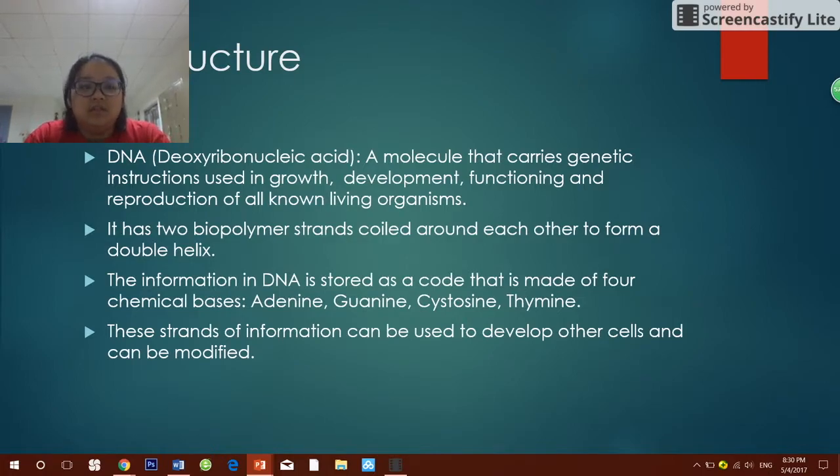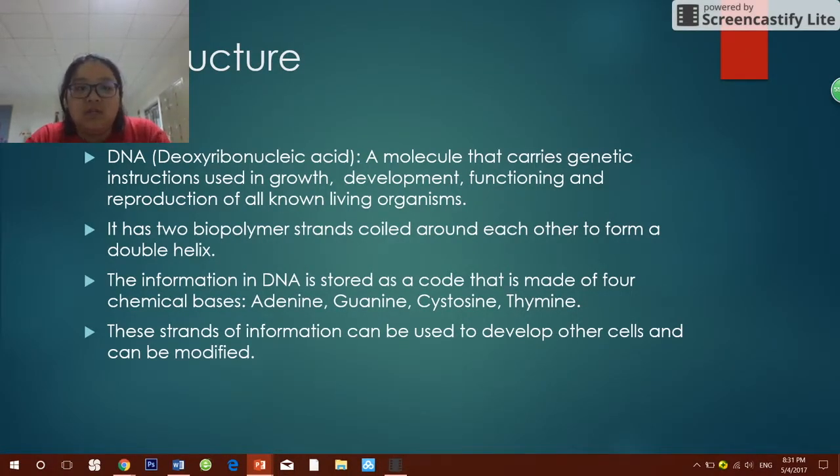DNA structure. DNA, deoxyribonucleic acid, is a molecule that carries genetic instructions used in growth, development, functioning, and reproduction of all known living organisms. It has two biopolymer strands coiled around each other to form a double helix. The information in the DNA is stored as a code that is made up of 4 chemical bases: adenine, guanine, cytosine, and thymine. These 4 chemical bases are then paired up to make complementary bases that work together to form